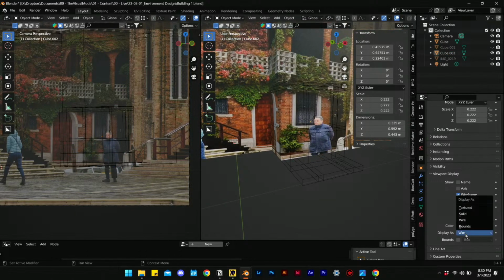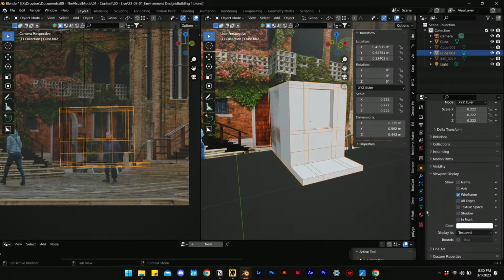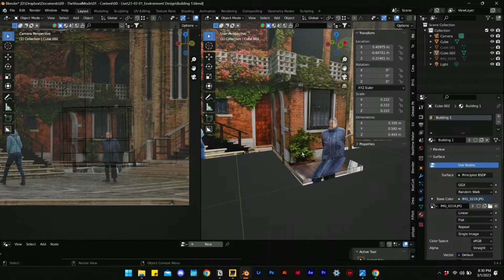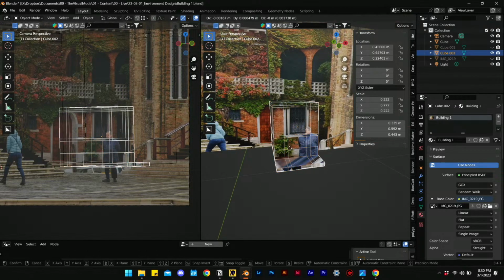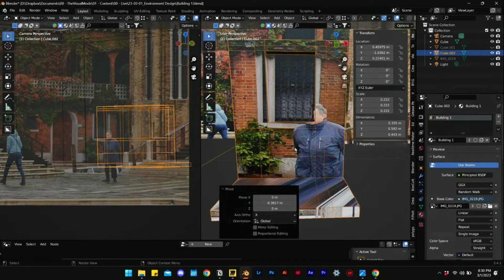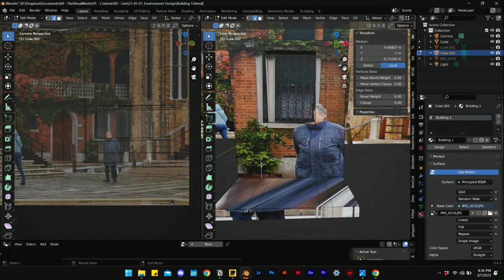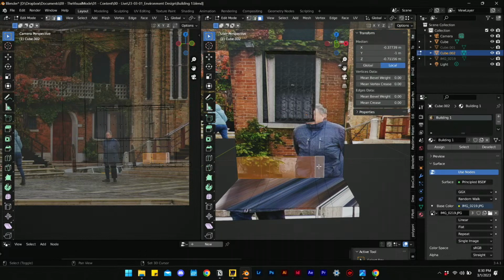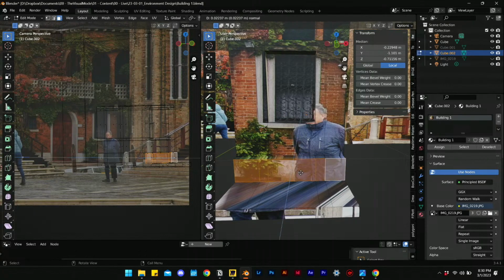I gotta go over here and turn it back to textured and apply that same material that has the building. There we go. So now I have one module of the building. Yes, I have to get rid of the guy. But I can quickly now, by having just different sections selected and extruded out, or even before extruding, if I